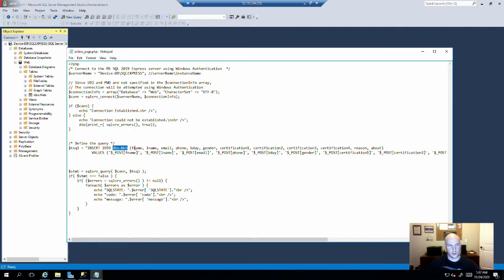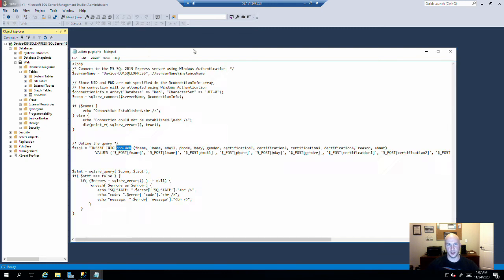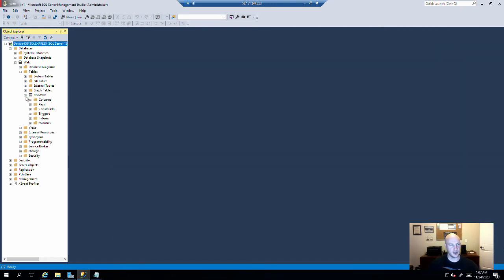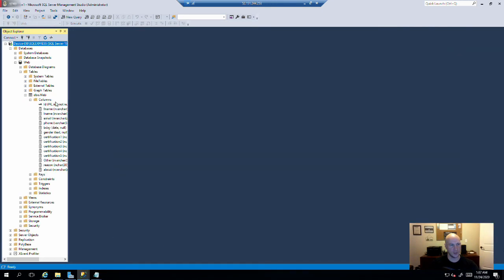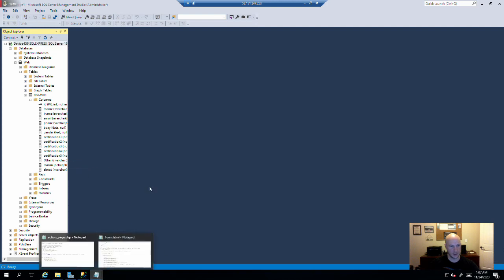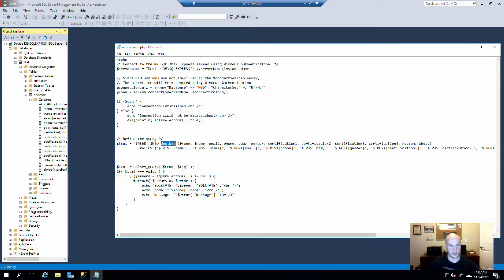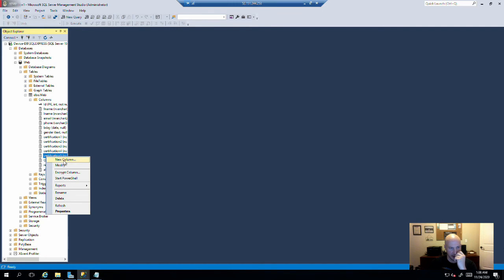Into that, we will have fname, lname, email, phone, birthday, gender, and let's go ahead and open this up to double check that all of these are lining up just like they're supposed to be. First name, last name, email, phone, birthday, gender, certs 1 through 4. So we need to delete this. This has changed